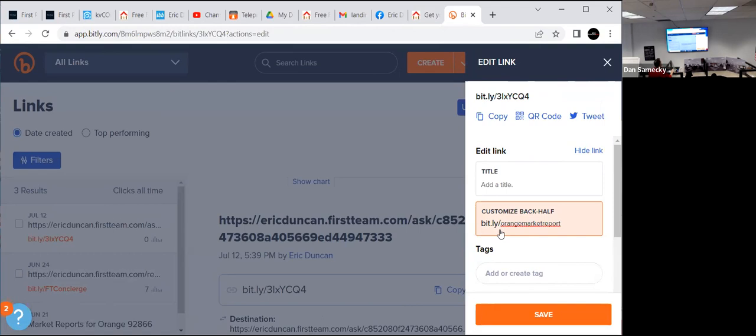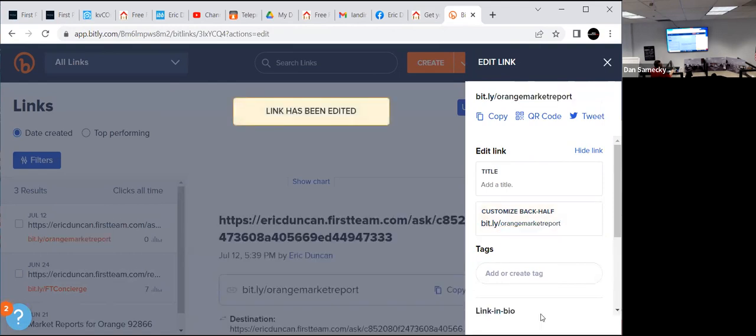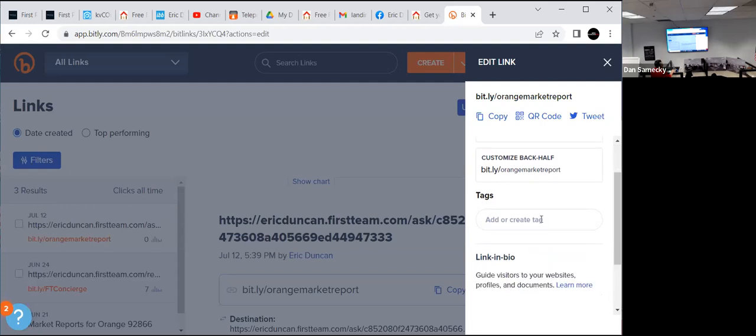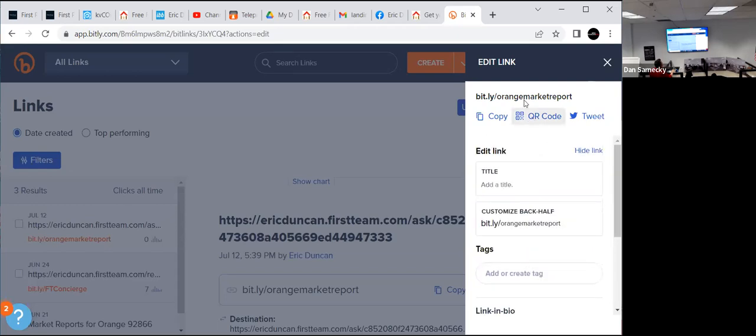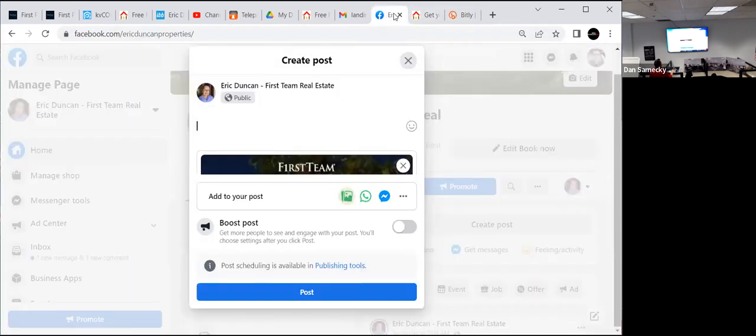These aren't like static QR codes or anything. So if you sell a property, you have a good code, you could reuse it for when you get a listing on that same street a week later. Tag for SEO and also for your own information. So if it's a particular market, you could add a tag to it, but that's really it. So now that we have a good shortened URL, we're going to go back to Facebook. I'm going to say, get your